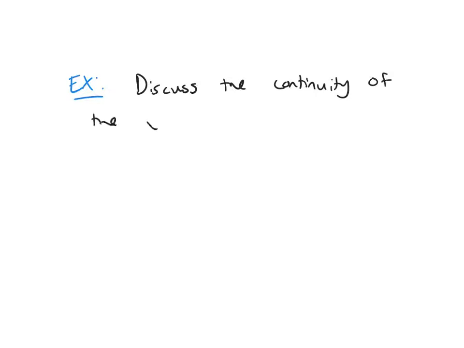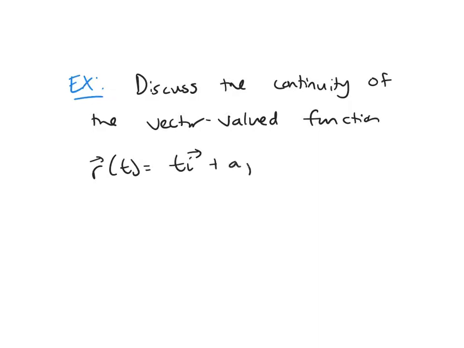So now that we know about limits and continuity for vector valued functions, we can look at some problems related to that. So let's look at our first one. I want us to discuss the continuity of the vector valued function r of t, which will be ti plus aj plus (a squared minus t squared)k, where a is a